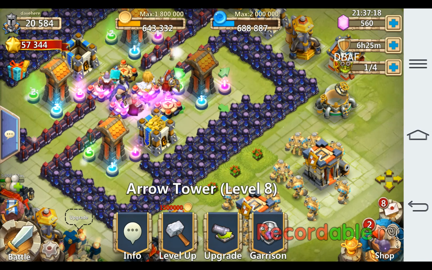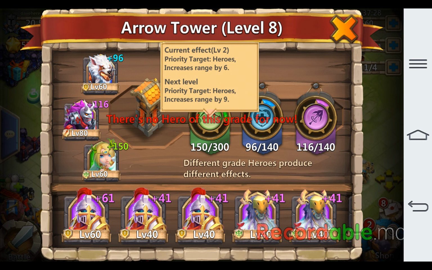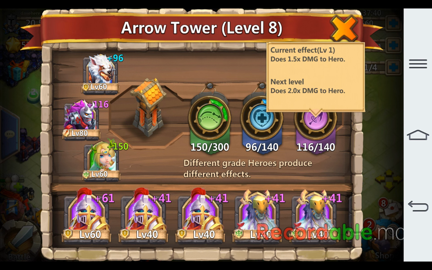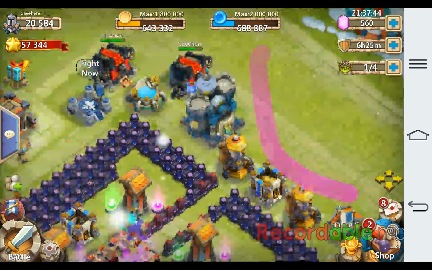Your arrow towers here, once you look at the garrison, it's definitely worth having something in there. I went with one of each because the green, once you click on it, tells you it increases its range. That increases the damage dealt and the tower's hit points, and then the damage to heroes because you get attacked by other players. So